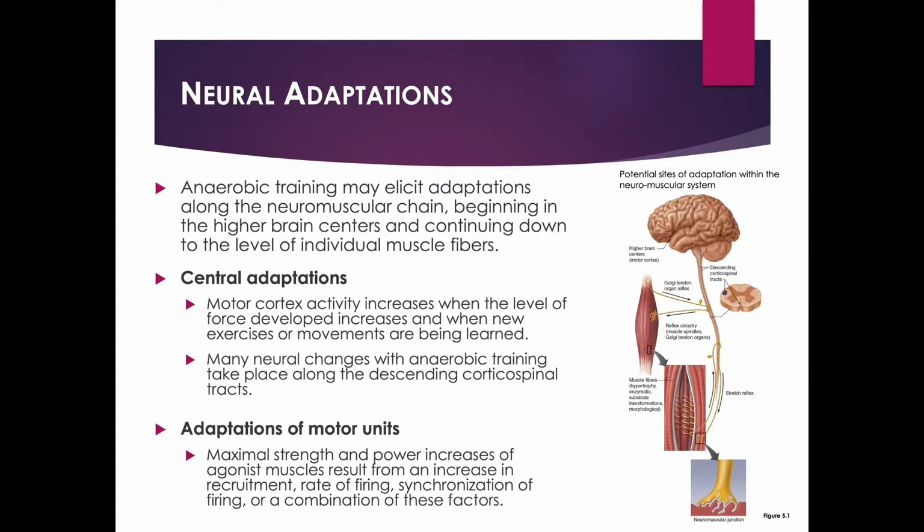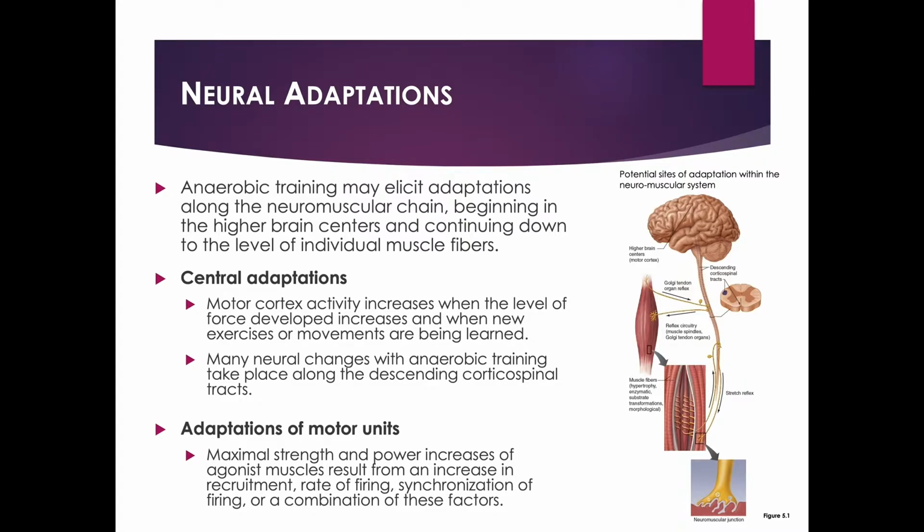One of the first things we start to notice when we start to train is we start to get stronger. But why are we getting stronger? We really haven't added muscle mass within the first few weeks of training. So what is taking place? Well, we've talked about this, but it's always neuroadaptations first. What the body's starting to learn to do is in these higher levels of the brain, the motor cortex, you start to develop this notion of needing to recruit more motor units, which then have more fibers, more cross bridges, therefore more force to be able to be produced.